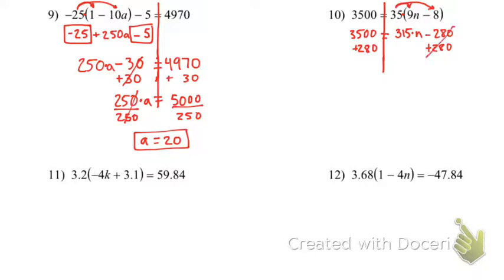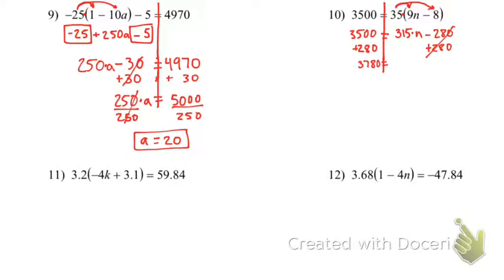The 280s cancel out on the left, on the right. And then we add 3,500 plus 280. Again, the reason we're adding here is because they're both positive. So they're on the same team, they're coming together. So that's going to give me 3,780